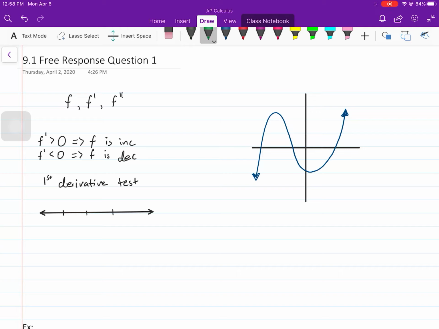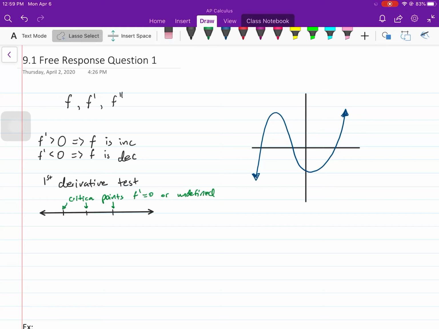So these would be the critical points. And that's where f prime is 0 or undefined. So at these critical points, that we would test,